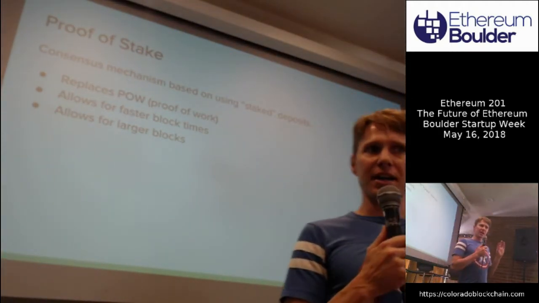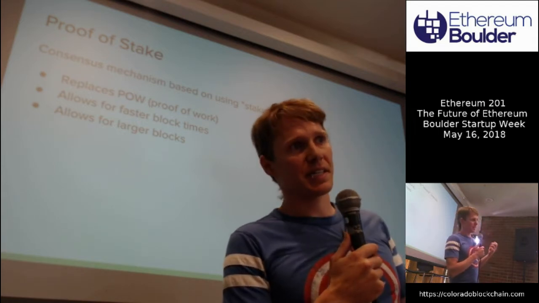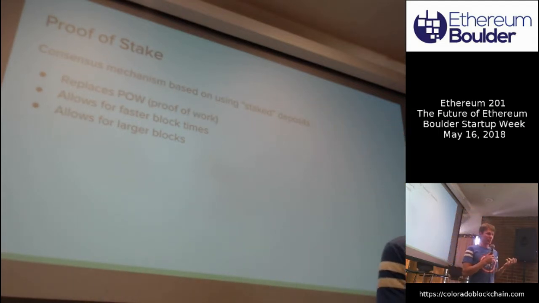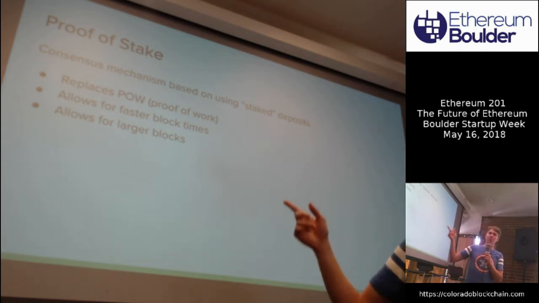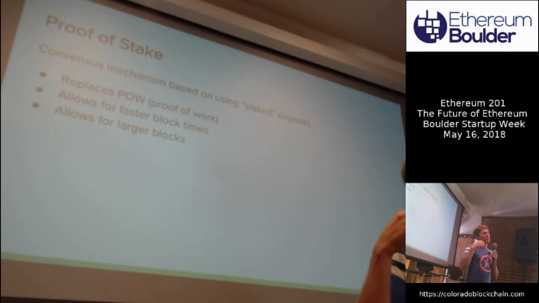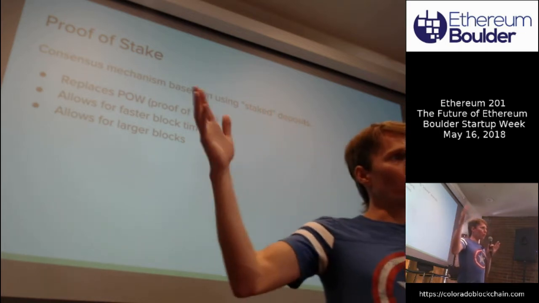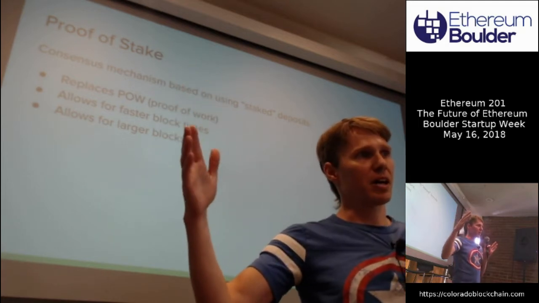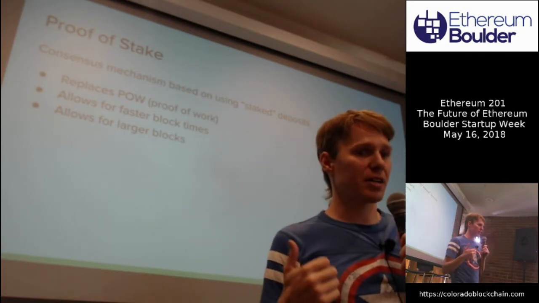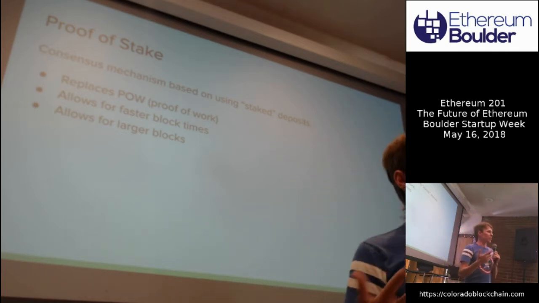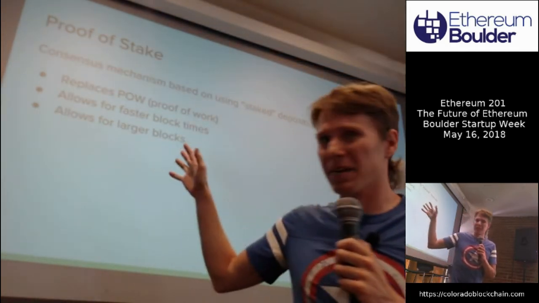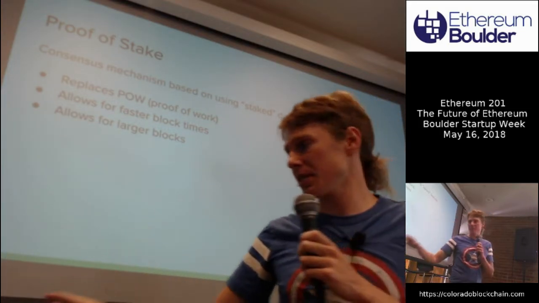The next one's proof of stake. So proof of stake is not specifically intended to be a scaling solution. It just happens to have some properties that will allow things to speed up a bit. Without getting too much into the nitty-gritty of it, by switching off of proof of work, the people who are mining blocks now can spend more of the time actually constructing the block rather than spending all that time hashing. So we're going to get maybe 2 to 10 times speed improvements here.